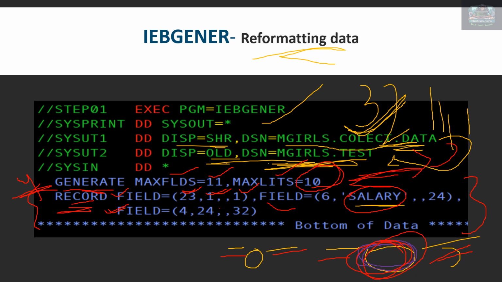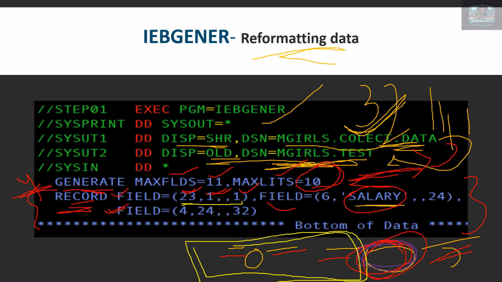So basically what this is doing is, I am saying copy all the 23 fields as they are. It means the first 23, from here to here, whatever is there, just copy directly to the output. From which location? From location one in the input file, in the same way to location one in the output file. It's done here. The first 23